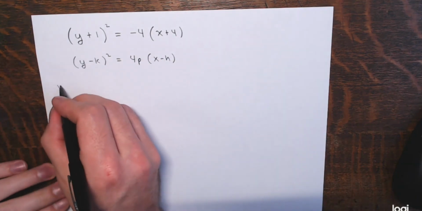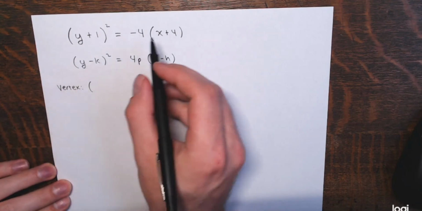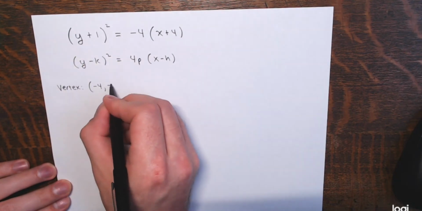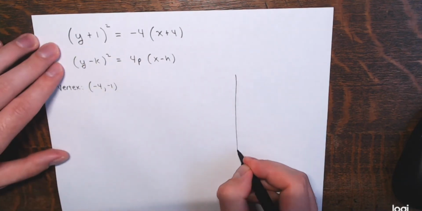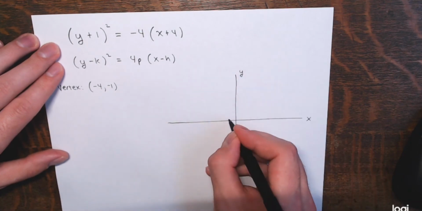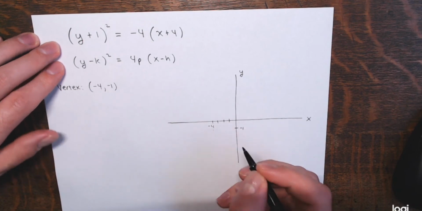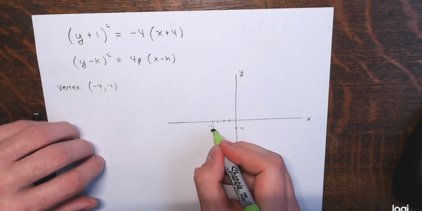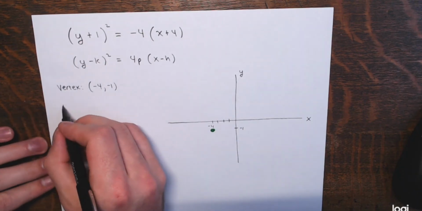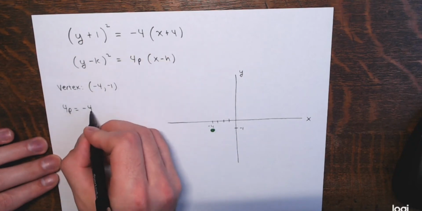So the vertex, right, the h and k are negative 4 and negative 1. So negative 4 and negative 1 is where the vertex is. I'll plot that. Negative 4, negative 1. There's the vertex. The 4p is negative 4. So the value of p is negative 1,